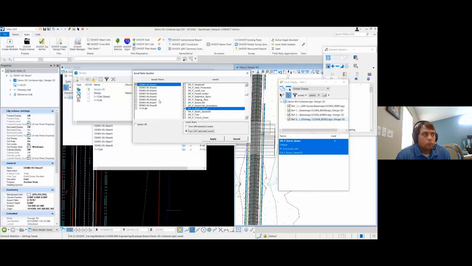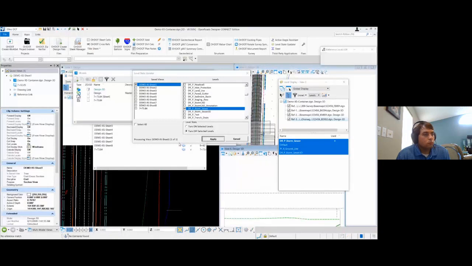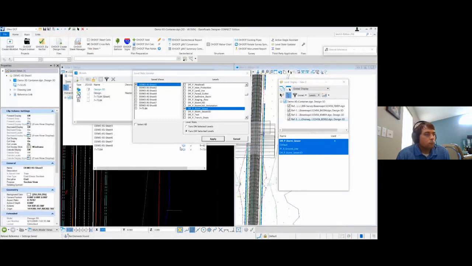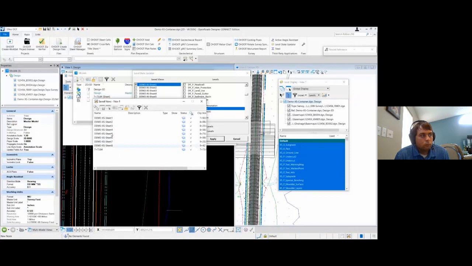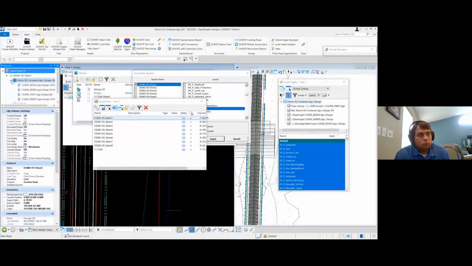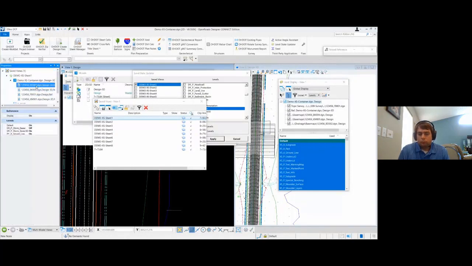Once I hit apply, it'll turn it off for any of the save views that I have selected. You do have to be in your file that has your name boundaries in order for the application to pick up the save views and be able to update them. So now that I did that, if I take a look at my save view, we should see that that level is off again. So that is how you can control your cross-section level display.